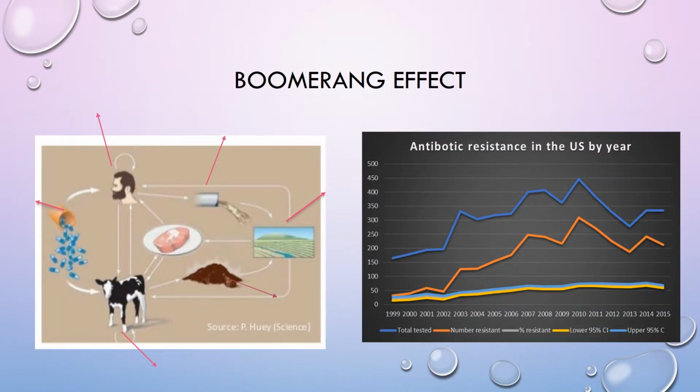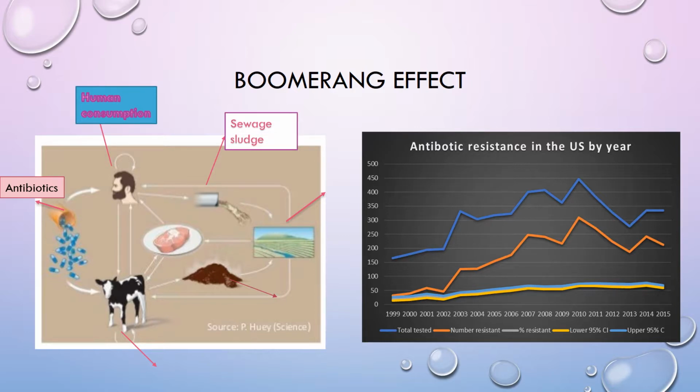So this is what I would like to call the boomerang effect, and this is how I feel is a very easy way to understand the process and what is happening here. On the left-hand side is a very simple visual that I put together, showing from the antibiotic all the way back how it can come right back to us. First you have the antibiotics being consumed by the human, for the various reasons that we do consume antibiotics. And then it goes into the waste and the sewage pipe here.